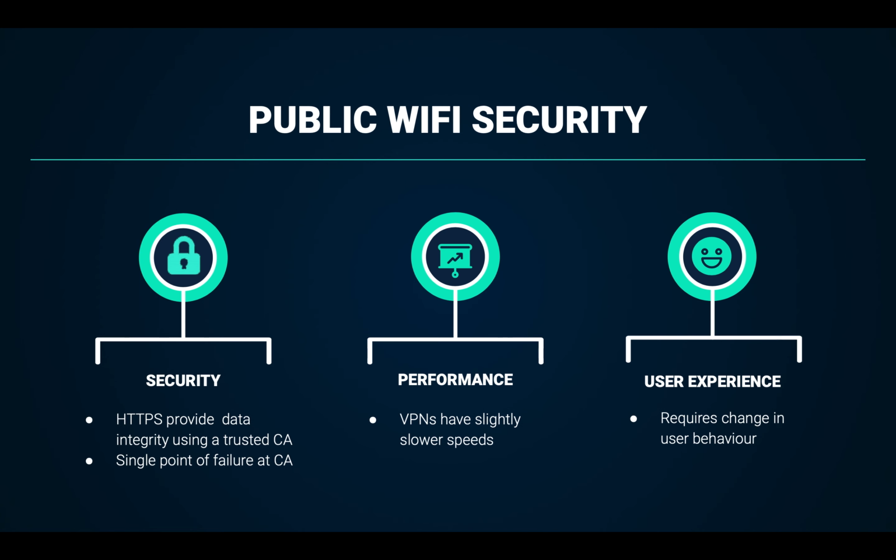Addressing public Wi-Fi security mainly depends on a change in user behavior. They first need to be more aware and engaged with mobile banking security issues before following the suggested steps, such as avoiding suspicious websites and using a personal device. In terms of VPNs, they do come at the cost of slower speeds due to the encryption of each data packet, but prevent eavesdropping and man-in-the-middle attacks. For HTTPS websites, although they provide data integrity through the use of a CA, the CA also poses as a single point of failure for the protection scheme.